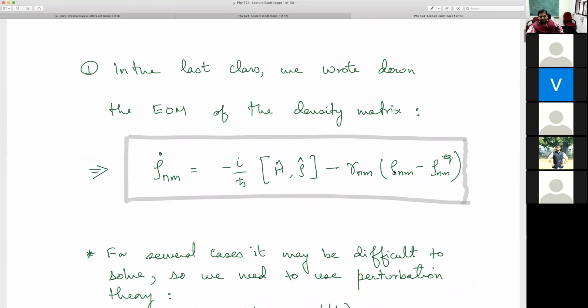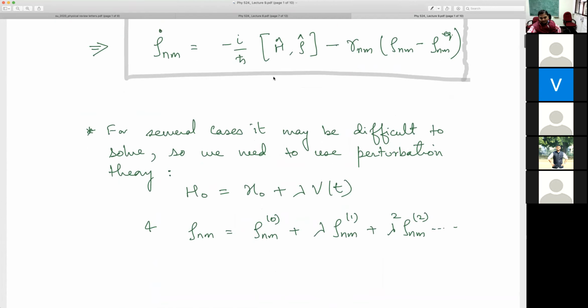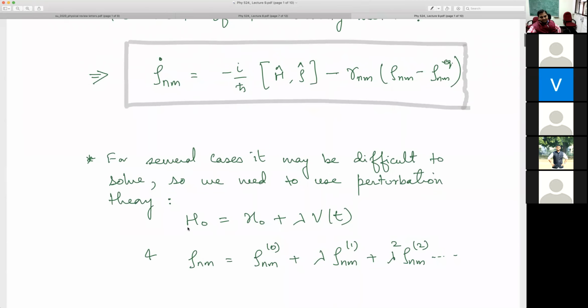So here's our generalized equation for the time evolution of the density matrix. First part coming from quantum mechanics. Second part is the added term, which comes from phenomenologically including those interactions which do not explicitly go into the Hamiltonian. And then we systematically reviewed how we do the perturbation theory of this. So H, the interacting Hamiltonian, not H0. H0 is a typo here. So H goes to H0 plus V(t).